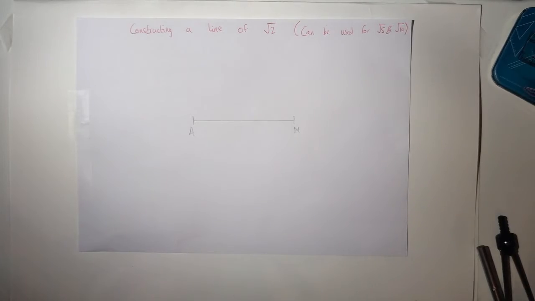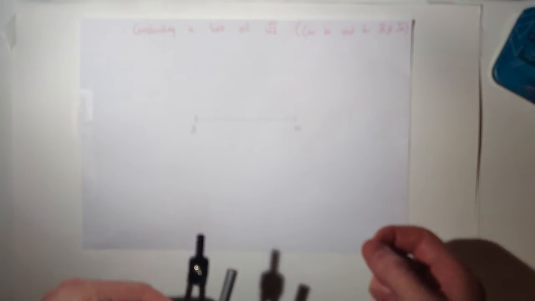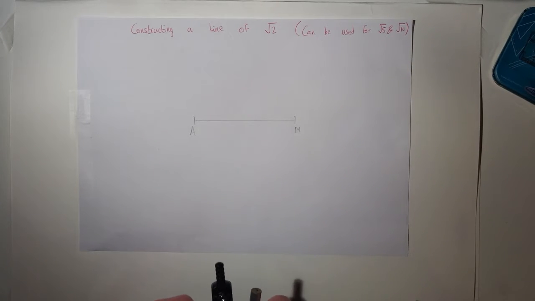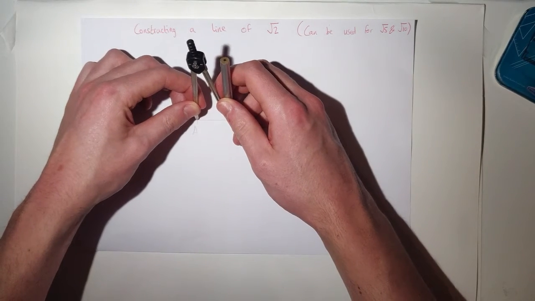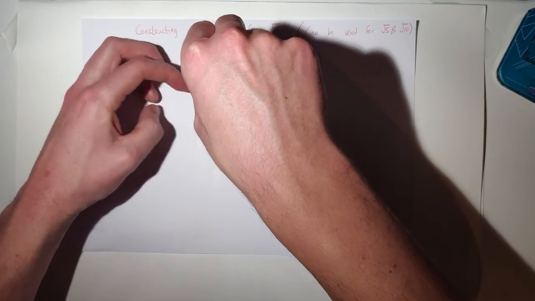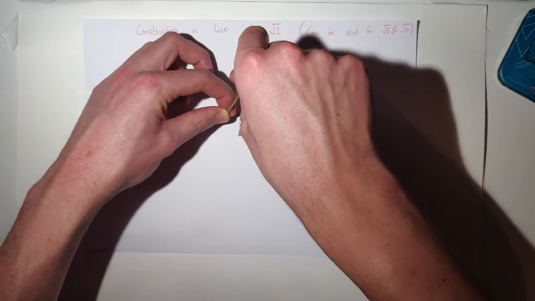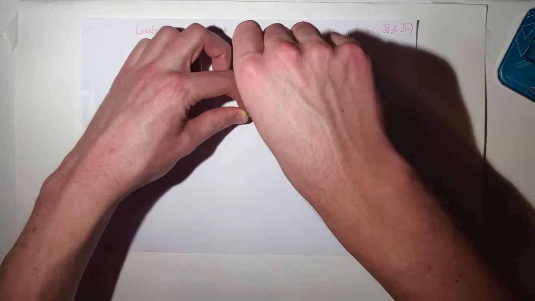Straight away, you're going to get your compass. It doesn't matter what length you want, but obviously you want it to fit the line we have. We need to create equal spaces between 0, 1 and 2, and we're going to name these. We already have A, and then we're going to create a B and C. Make sure that the first one is at most a third of the line. So that's 1, and without adjusting the compass, so make sure it's the same length, we'll do another one, 2,